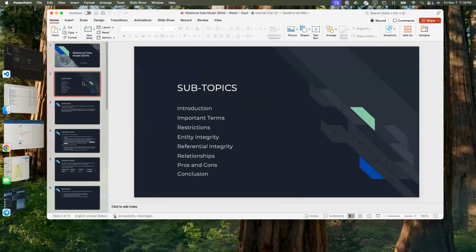Tonight we're going to be covering the introduction. We're going to cover the important terms, restrictions, entity integrity, referential integrity, and relationships. We're going to cover the pros and cons, which is the advantages and disadvantages. Then we're also going to conclude and do some small classwork just to get us acquainted with the topic as well. I'm going to go deep, I'm going to go light. Feel free to put your questions in the chat,